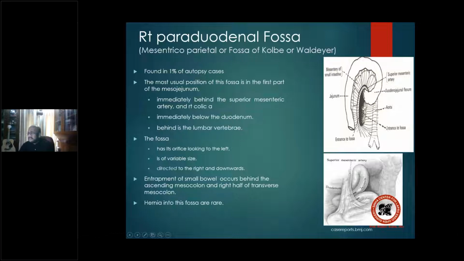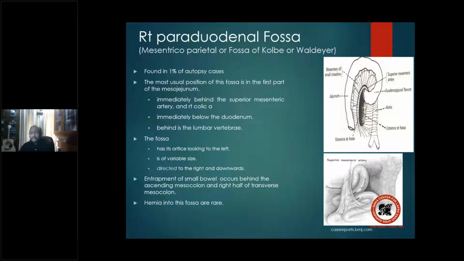And if by chance you're not able to reduce, say this patient has a strangulated internal hernia in the right paraduodenal fossa, and you want to release this constriction ring. Now what do you do? In gay abandon, you cut. You cut here. What's going to happen? You cut the superior mesenteric artery. What's going to happen? Gangrene of the whole small bowel and part of the large bowel. So remember, you can't do that.